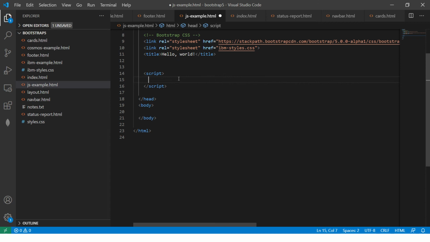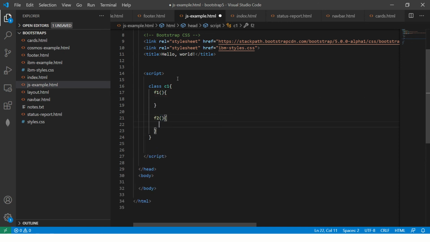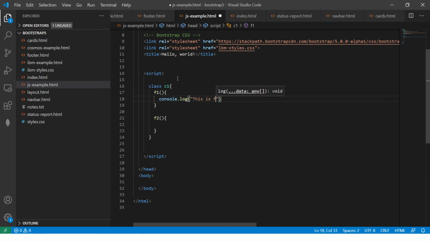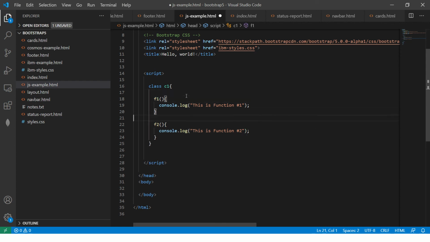So let's open this now. What I'm going to do here is, first I'm going to define a variable, right? Say var tax equal to 10, right? This is how it's defined outside. Now I'm going to create a class, and here you can say f1, that's a function, right? I have another function f2. This will just print, this is function 1, right? Now this is function number 2. Simple. It's a class which has two methods, f1 and f2.